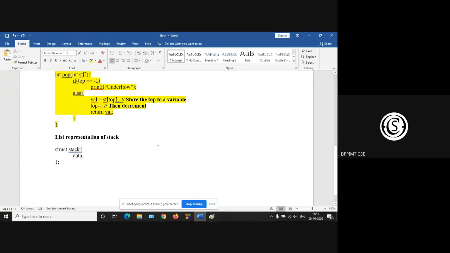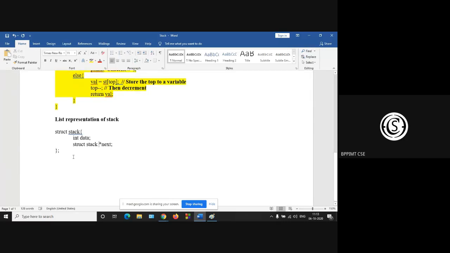So int data and the next pointer, whose type is struct stack. So this is the node structure for stack if we use a single linked list.